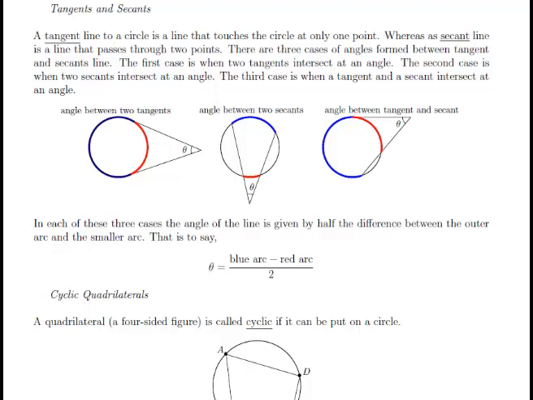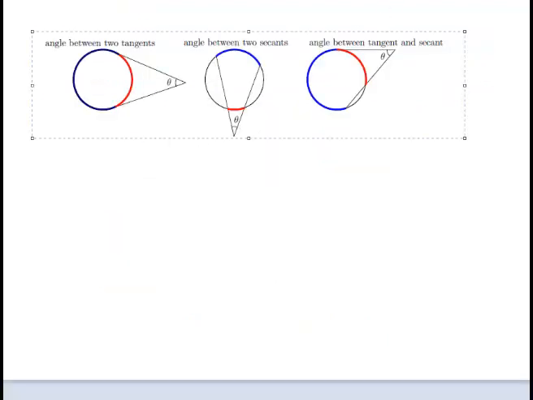Remember, if the angle was inscribed, then it would be 1/2 of whatever it sweeps out. Well, the rule for this is similar, except that you have to take whatever it sweeps out, and you have to subtract whatever's on this side. You kind of have to imagine this entire thing being shifted to the left. For example,